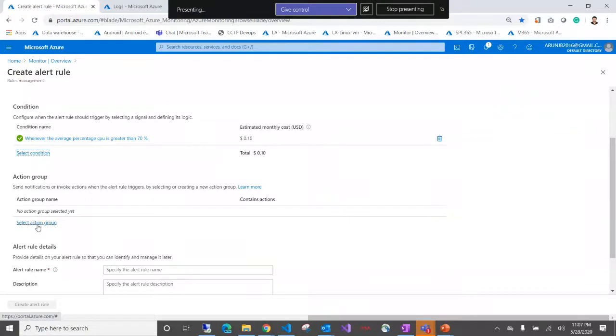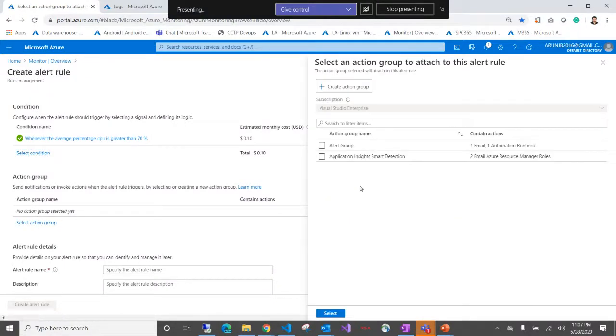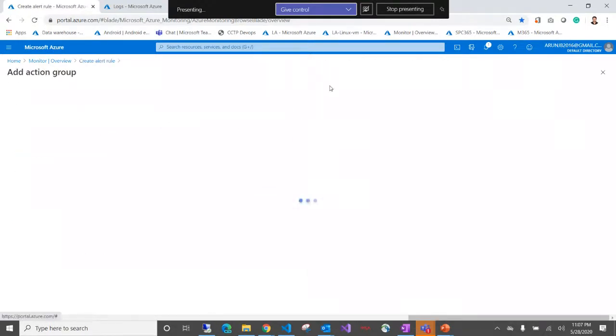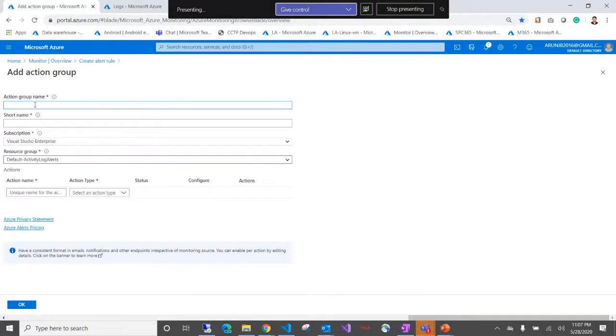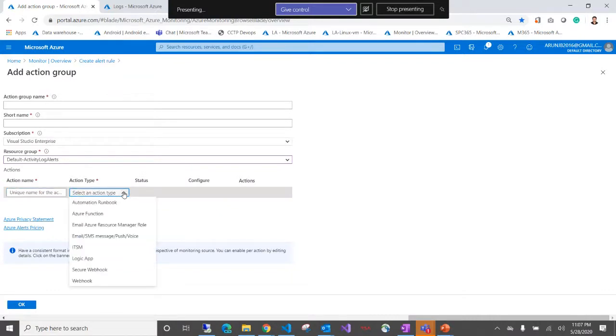Then the last and final thing is creating an action group. In my case, as you can see, I have one action group. In case you want to create a new action group, you can go here and give a name, short name, everything. The most important thing happens here. This is the action type. This is what decides what we'll do once an alert is generated.